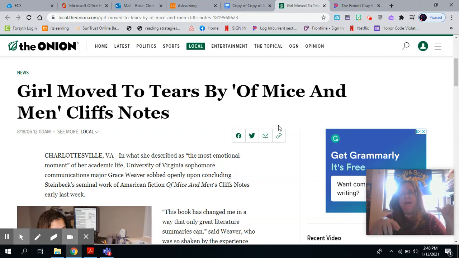So one thing is, a student might use Cliff's Notes to avoid taking the risk of getting at meaning. Another thing can be the student has procrastinated, they've waited way too long, they have way more to do than they have time to do, so they substitute the act of reading the novel with Cliff's Notes. And then again, it could just be a student doesn't want to read the novel, they're lazy about it, and they're just doing shortcuts so that they can get it done. But any one of those things would be the thing that's being criticized.